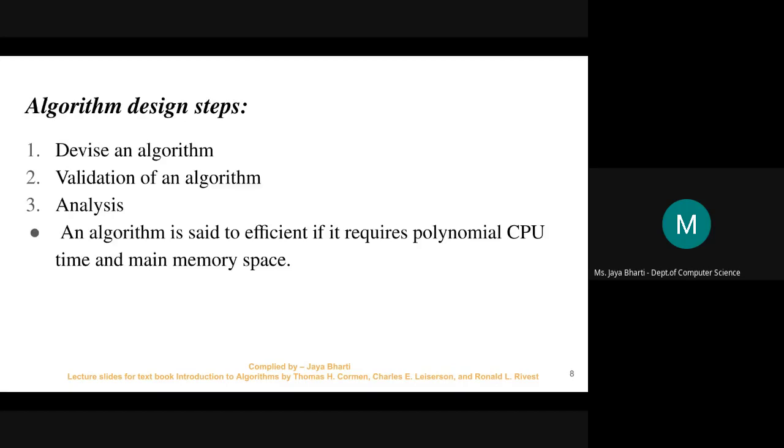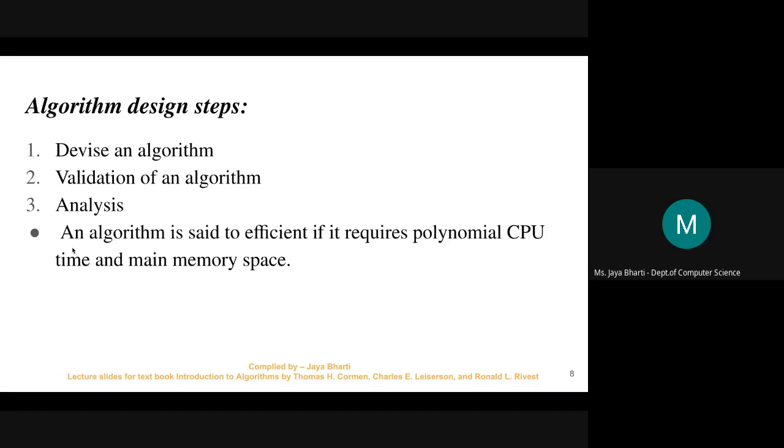So now these are the algorithm design steps. So how do you design the algorithm? The first step is devise an algorithm, then validate the algorithm. कि whatever algorithm you have designed, take some data and validate it, either it is giving the correct output or not. Then after validating, analyze it. Means time complexity, space complexity, all these things. So when you have completed all these 3 steps, then your algorithm is designed.